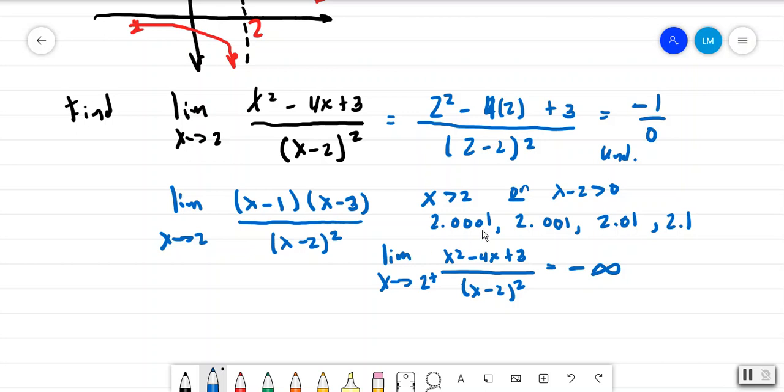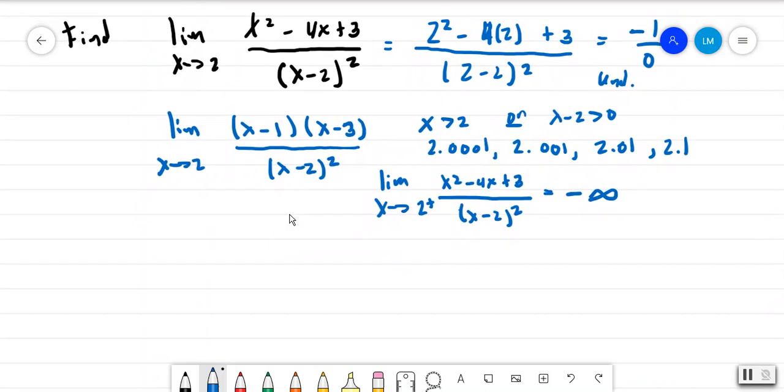Okay, and that's because 2.001 is bigger than 1, and 2.001 is smaller than 3. So in that case, we have negative large numbers. Now, we can do the same thing for when x minus 2 is less than 0, but you also have that x is less than 2. So that means that you'd be plugging in values like,